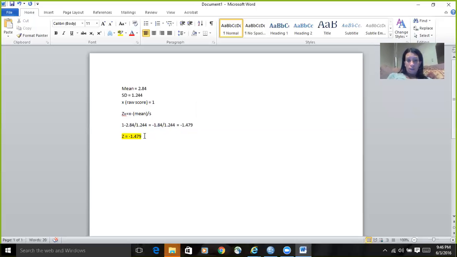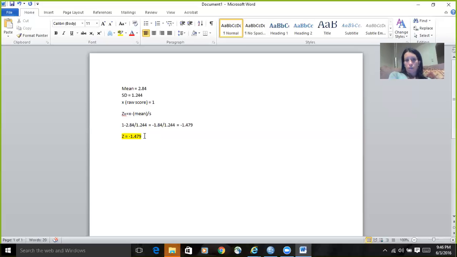So now that I have calculated my z-score, I need to now interpret that. And what I'm going to say is that z-score provides you with two pieces of information. One is the distance between the mean and your individual raw score. It is a standardized distance. So here I would say that my raw score of 1, or respondents with a raw score of 1, are 1.47, in other words, almost 1.5